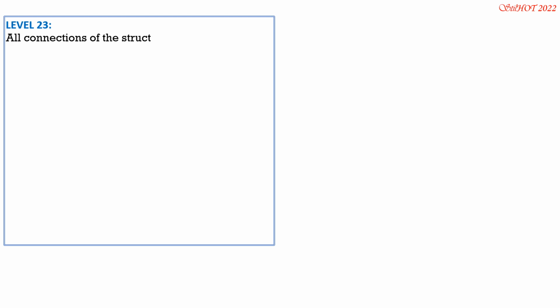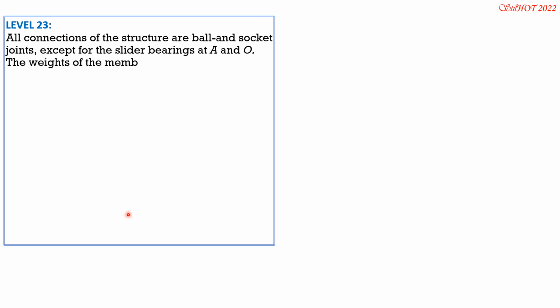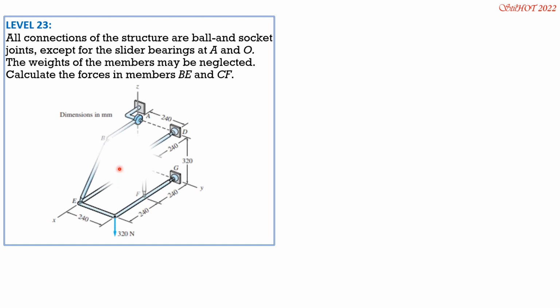All connections of the structure are ball and socket joints, except for the slider bearings at A and O. The weights of the members may be neglected. Calculate the forces in members BE and CF. So here's the figure. So we have slider bearings at A and O, so only two reaction